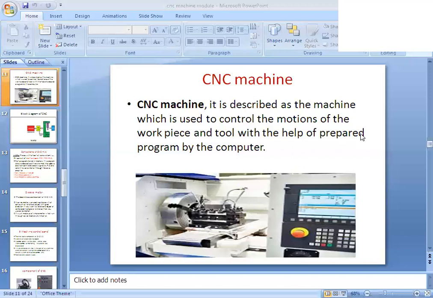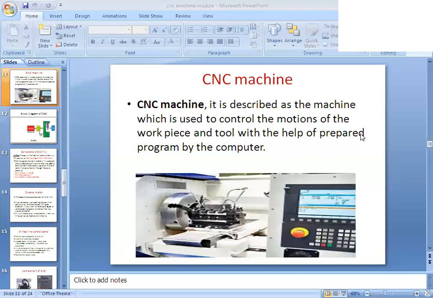If they ask in the exam about NC machine or CNC machine, block diagram, applications or something, you have to write it. Don't lose the marks in this module. So I don't want to waste much time, so I will start with the session. The name is CNC machine.